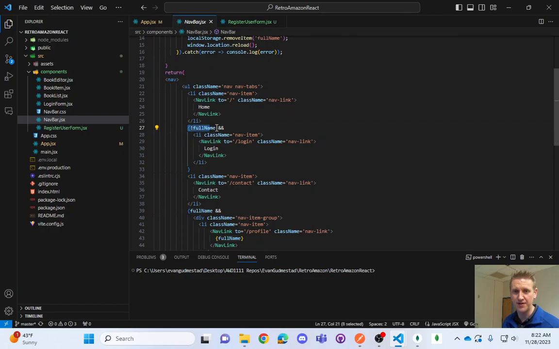If there's not a full name, show the login. Of course, we may also, in this case, if there's not a full name, display the nav link